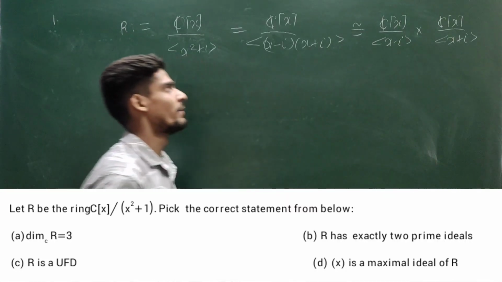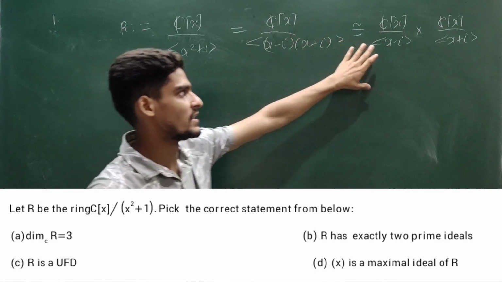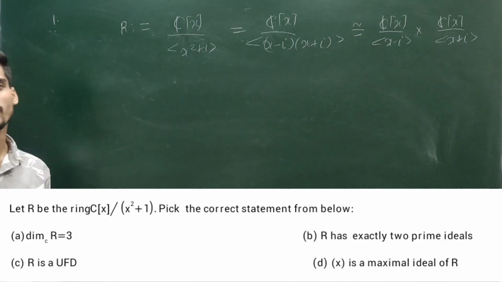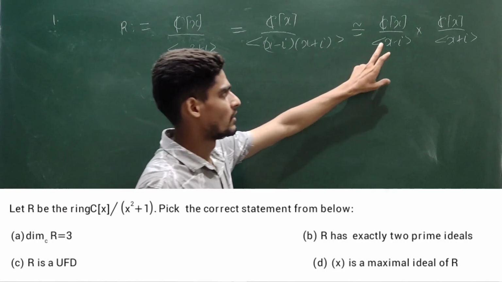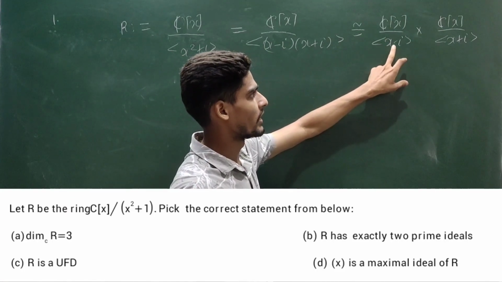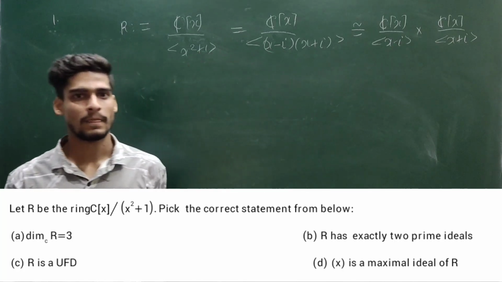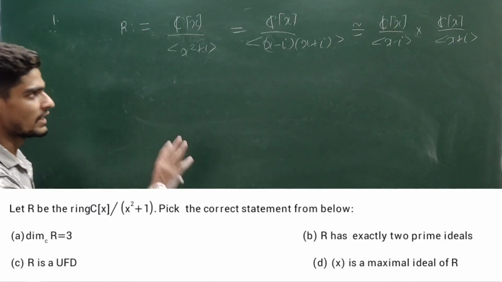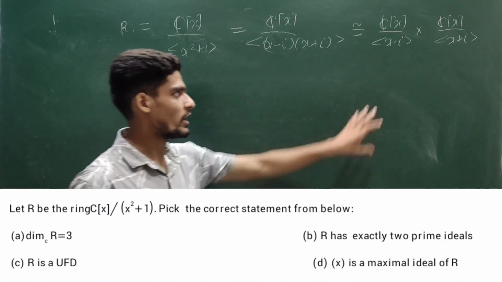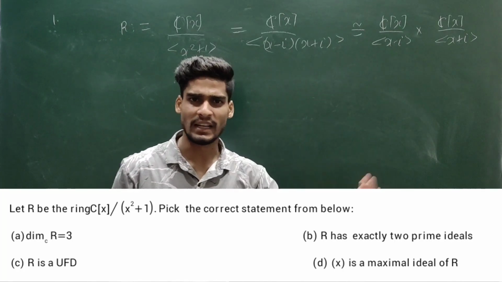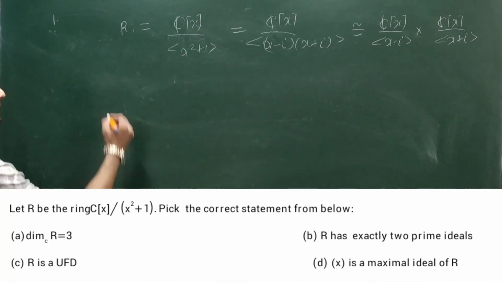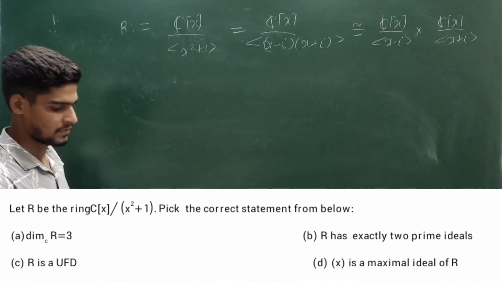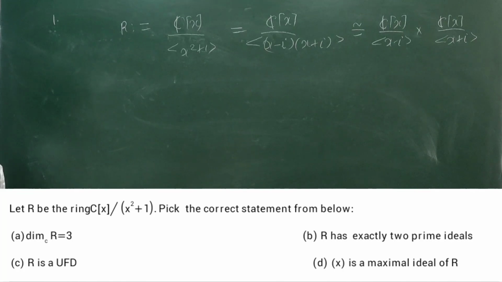So by the Chinese remainder theorem I can separate them, so I can write in this format. What can you say about this Cx over x minus iota? Can I say this is isomorphic to some field? If I show that this x minus iota is a maximal ideal, then I am done. So there are two ways to solve this problem. If you are able to show this is a field, then easy, otherwise we can do one more thing. Or dimension of C over R is 3.